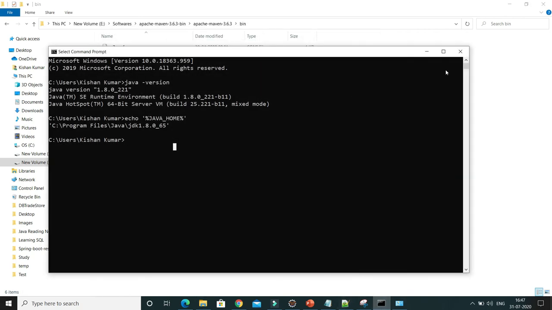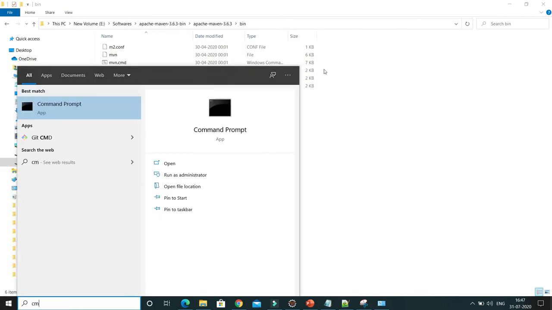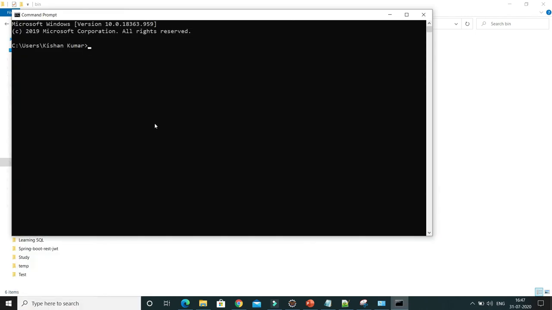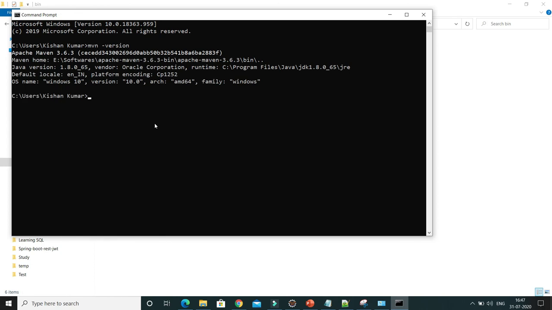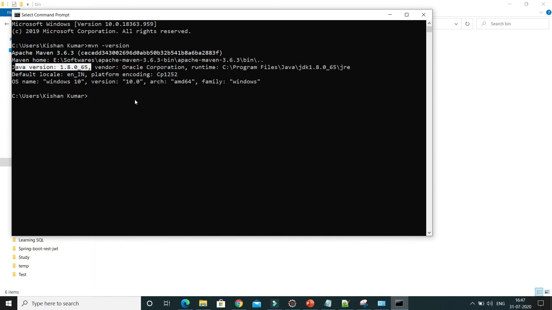Now I'm not going to run any command in the existing command prompt, I'm just going to open a new command prompt. If you try to run any command in the already opened command prompt, there is a possibility that it will not detect whatever changes we have done. So here I'm going to do mvn -version. Here you can see it is now detecting I have installed Maven, and this is the home directory it is showing. This is the path it is saying, and it is also detecting I have installed JDK as well. So that's all I wanted to discuss in this video tutorial, guys.